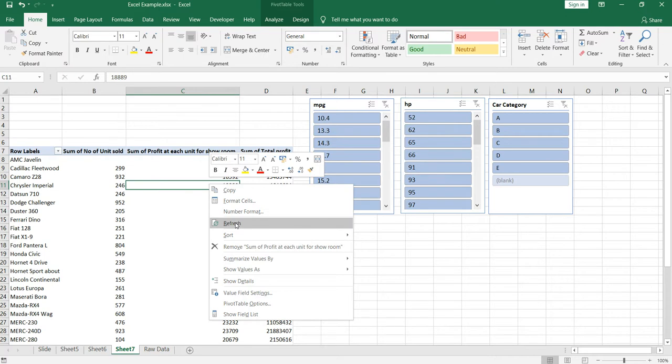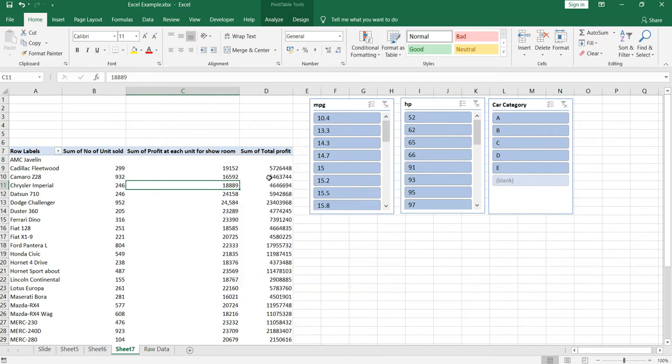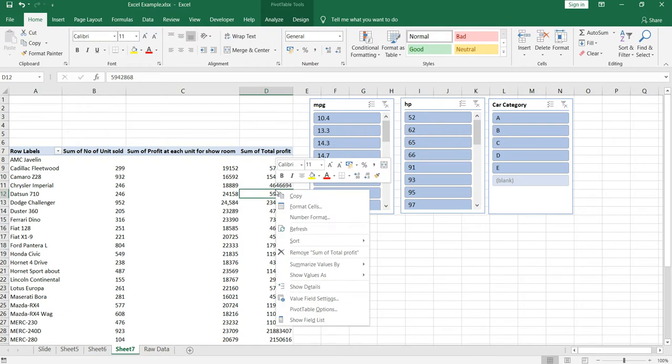For that particular range. Now the next option is sort. If you want to sort this profit, either in increasing order or decreasing order, you can do it from this, sort smallest to largest and sort largest to smallest. You will also have this option, more sort options.